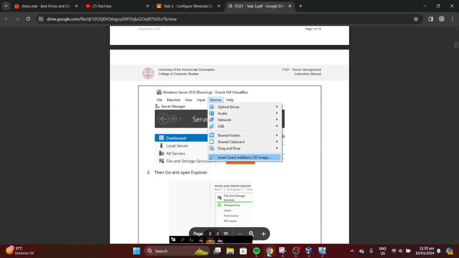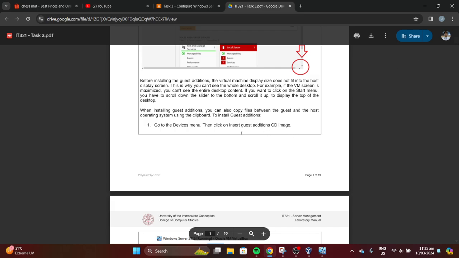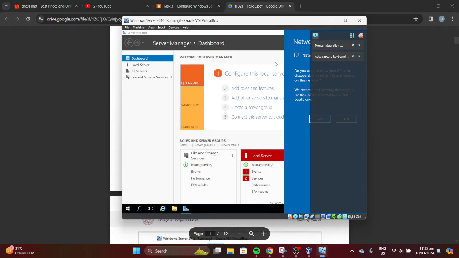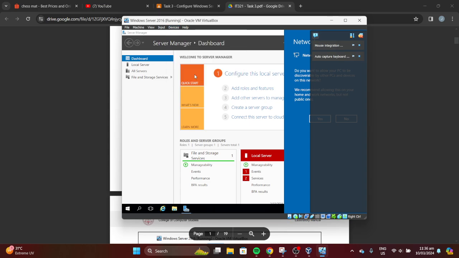Devices. Go to the Devices menu, then click on Insert Guest Additions CD image.